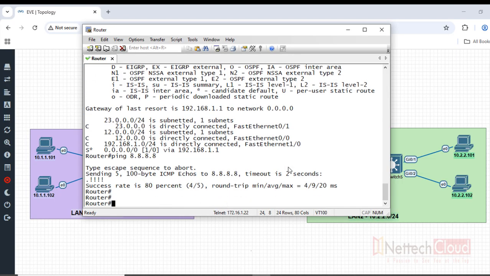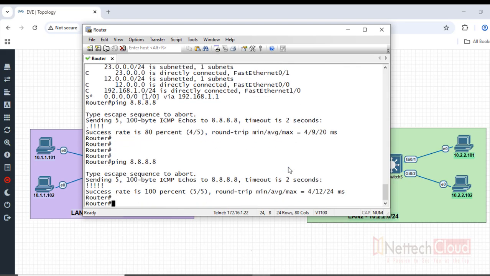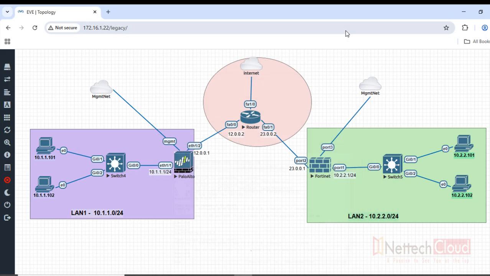So this would be success, yes. But the problem here is if traffic originated from here that hits the Palo Alto Firewall, it will forward that traffic to the router in the middle, right? And